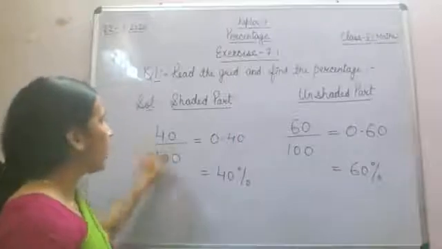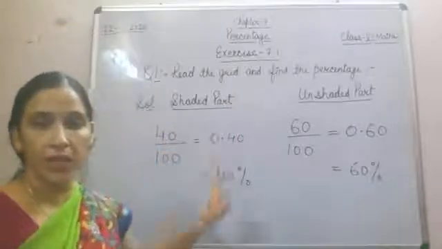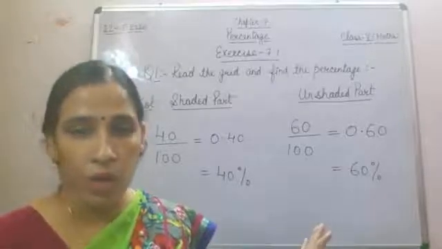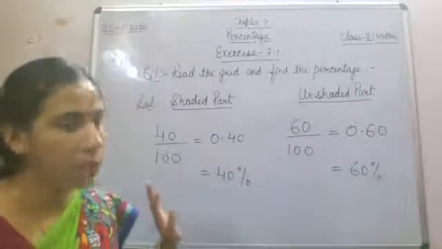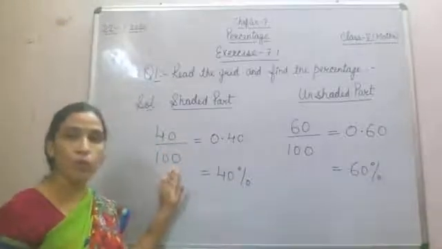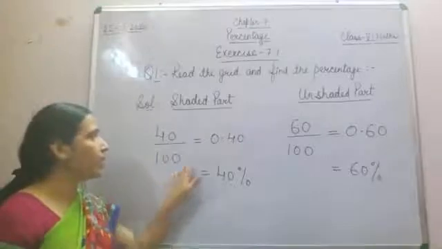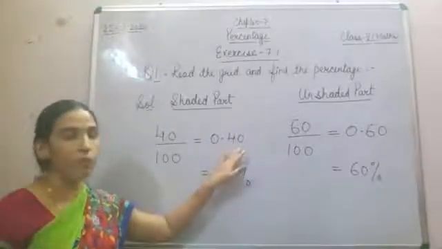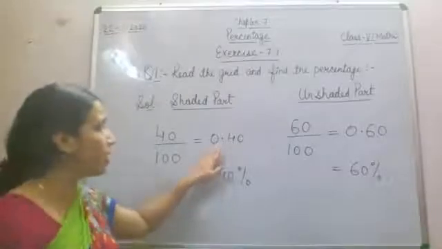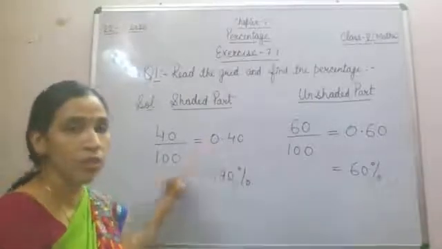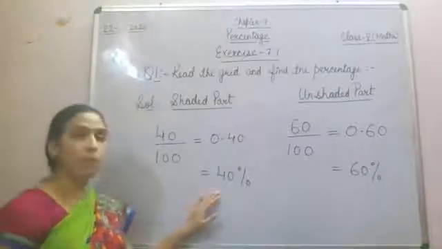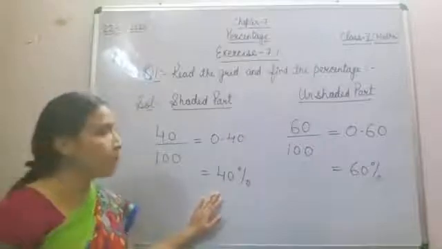Fine. Now the shaded part, which is already given in your book, is about 1, 2, 3 and 4. 4 rows were shaded. It means 40 by 100. 4 into 10, you will get 40. 40 by 100, what will be the answer? 0.40. And what is the percentage? In the decimal you will write it like this, 0.40, because here we require 2 decimal places. And then we put the decimal point, and in the percentage the answer will be 40%.